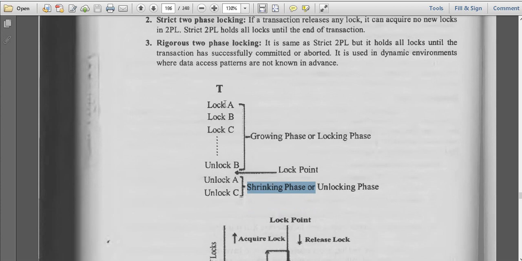Once all the locks have been acquired, that is the growing phase. Once growing phase is done and all the transactions are done, you have to unlock everything. Once the unlocking procedure has started, that is the lock point, and from the lock point you start releasing the resources. This phase is called shrinking phase. Did you understand the difference between growing phase and shrinking phase?